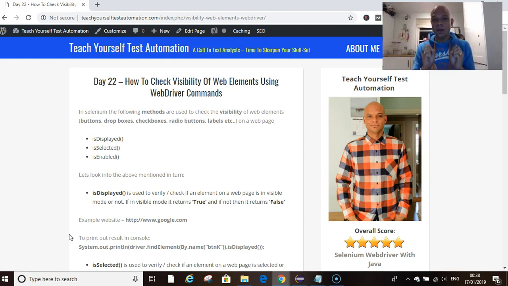And we're looking at WebDriver commands. So visibility of elements on the page. We've got three in particular that we want to look at today. Is the element displayed on the web page? Is the element selected on the web page? And is the element enabled on the web page? Now, to find examples to do this, all three of these visibility of elements on the web page proved